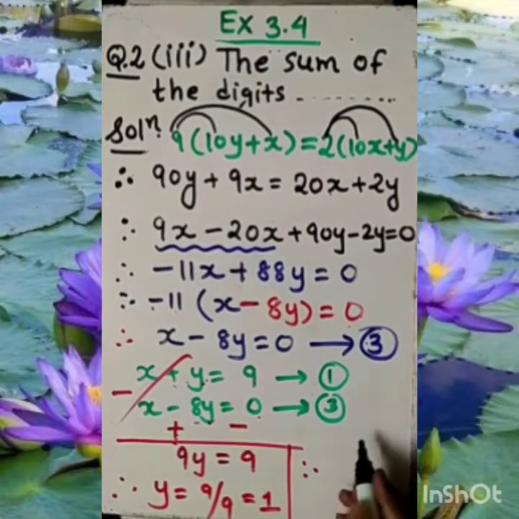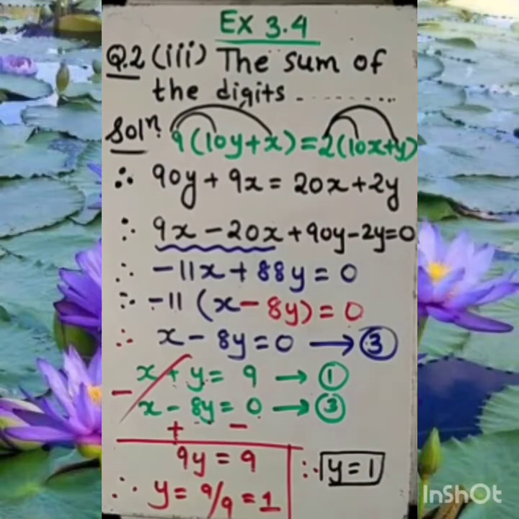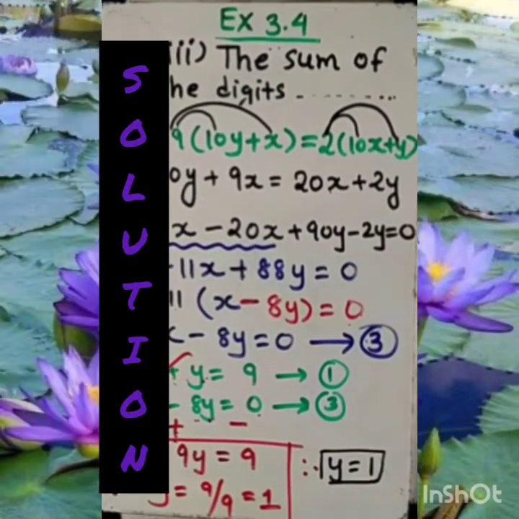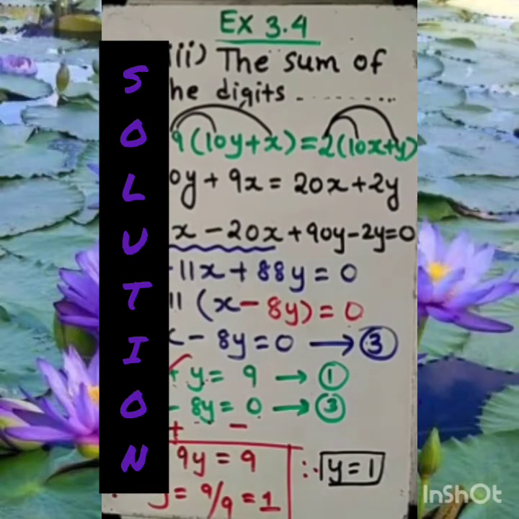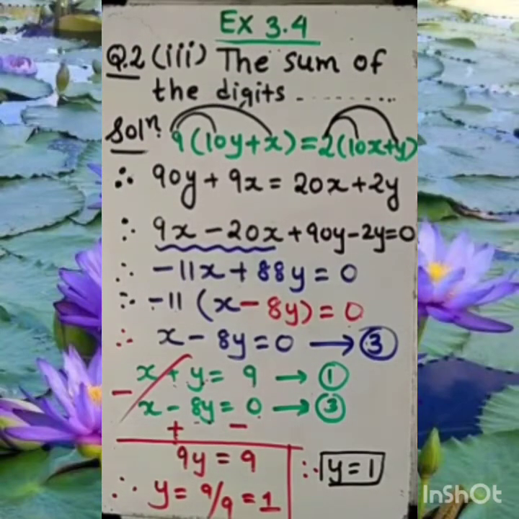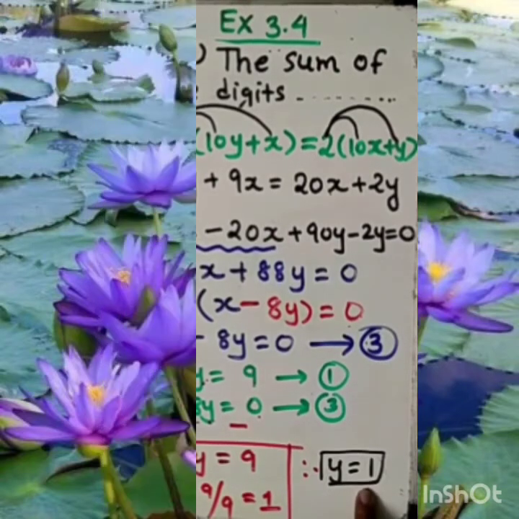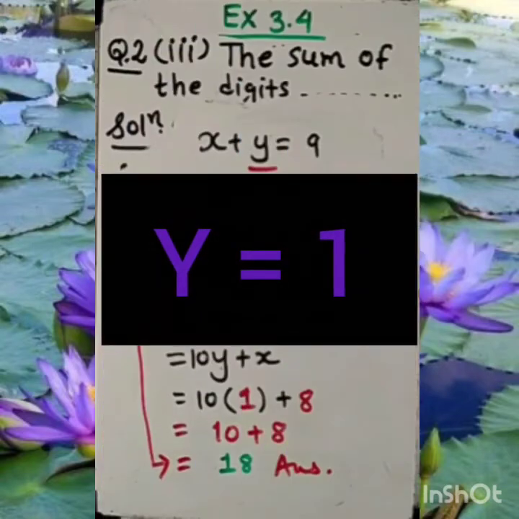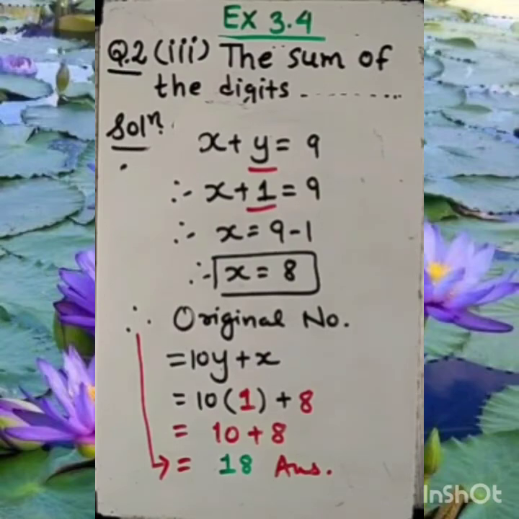So the value of y is 1, we are gaining. Okay, but this is not a complete solution, as you know. So we are finding the further solution. Fine, what we have to do for that, let's move on. Okay, let's continue. As we got the value of y equal to 1.